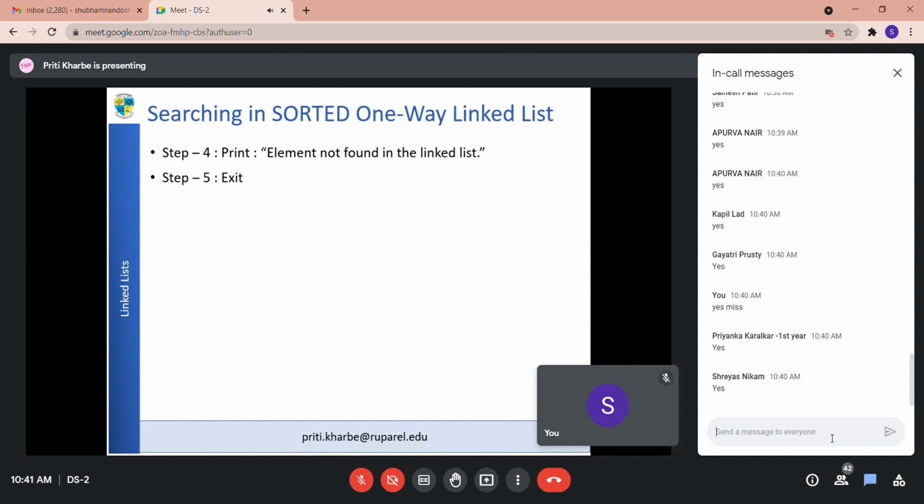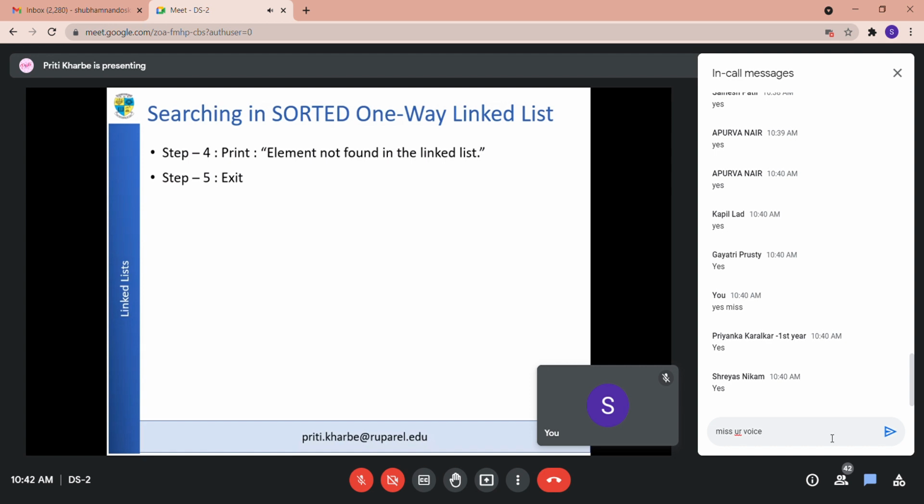So when you want to insert a new element into the linked list, you should have an empty node with you. Then you paste the new element in that particular node's info part, and then you do the required arrangement for pointers.